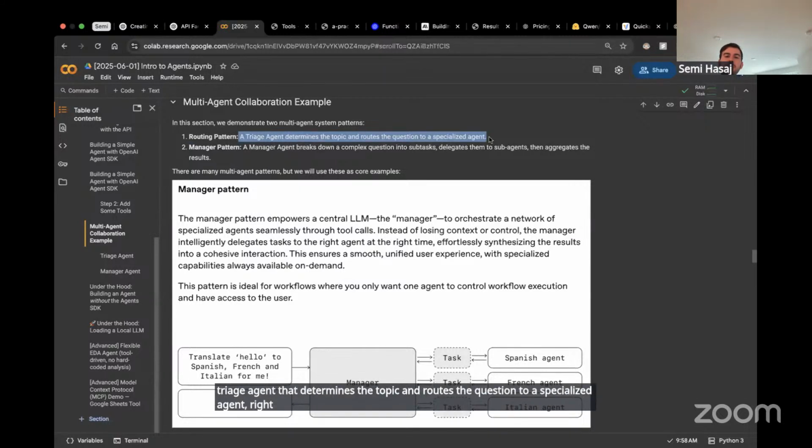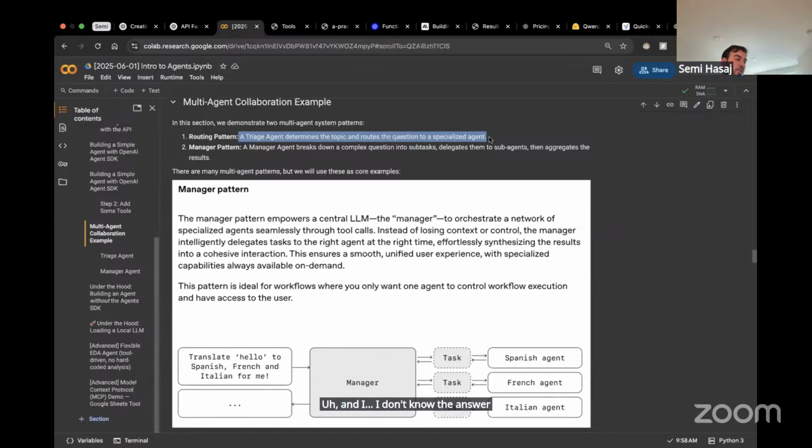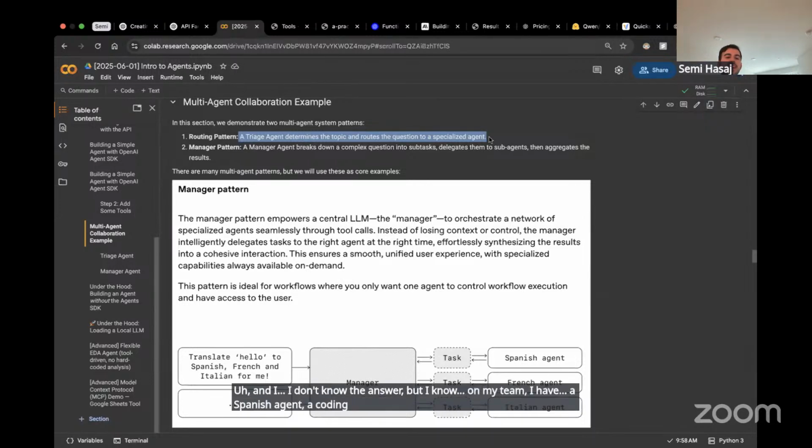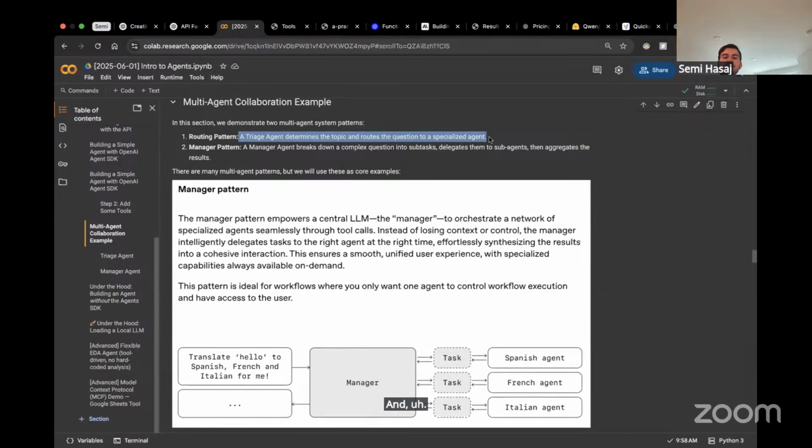So let's say you ask me a question and I don't know the answer, but I know on my team I have a Spanish agent, a coding agent, and an architect agent. I'm like, oh, you just asked me an architect question. I'm going to throw the question to my architect expert to answer that. So we're trying to mimic these human workflows, but through LLMs and tools and agents.